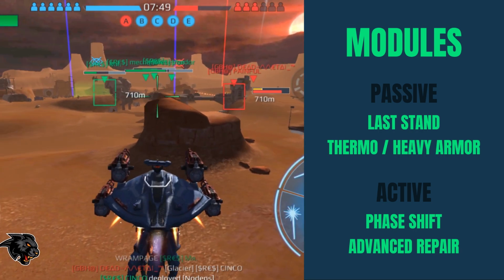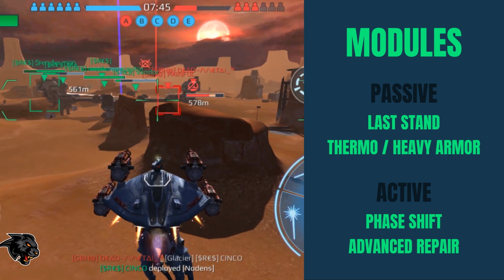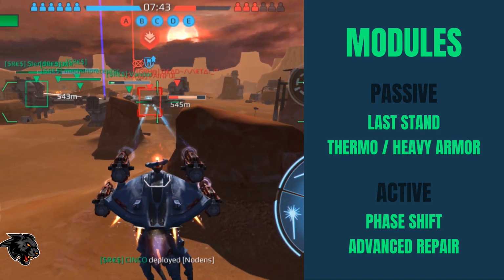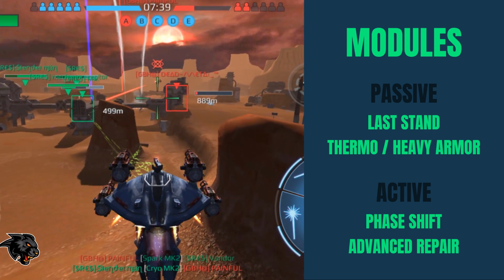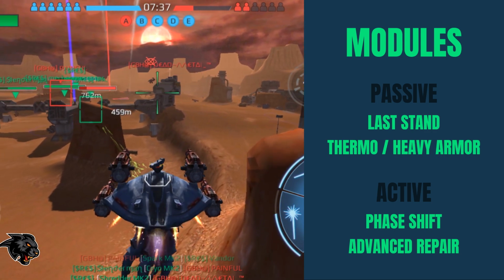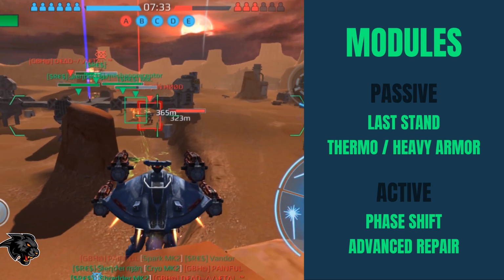When it comes to active modules, phase shift I think becomes more attractive because of the Scorpion, because you'll be able to phase shift and then turn and orient and target your Scorpion that's attacking you. And advanced repair, of course, will still be great on the tank bots, which should be good at countering the